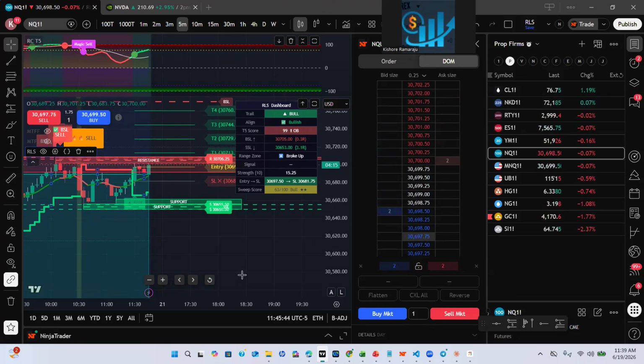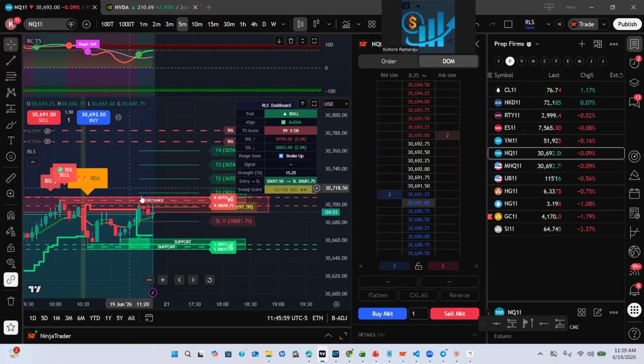If you're an active trader, you can do multiple trades. Initially, we took MNQ shorts, took profits. Again, it went up, again started dropping. You can do one more time. Or if you are a passive trader, whenever you see the signal, you take a shot, go above this. So 3705 is the BSL. So you go to 3708 and you put a stop loss.